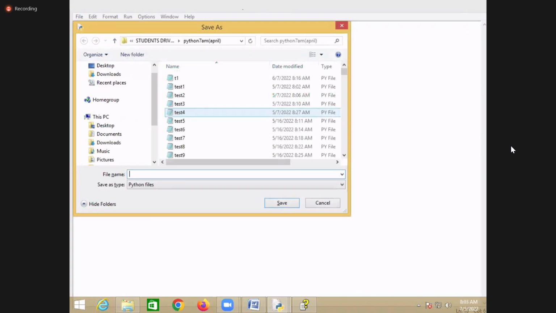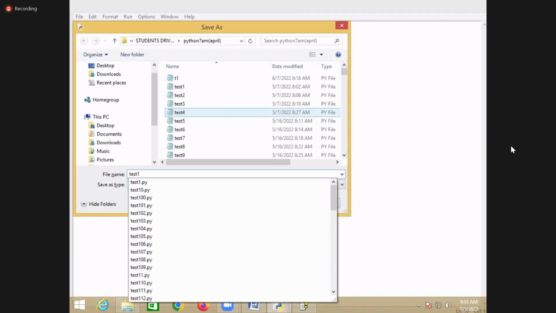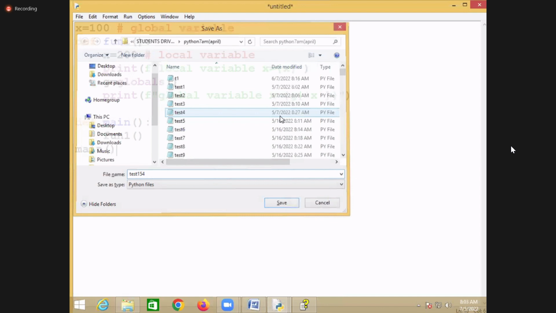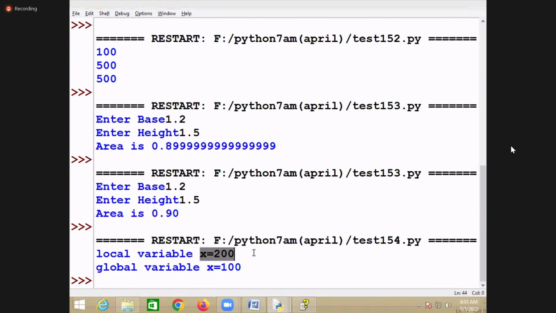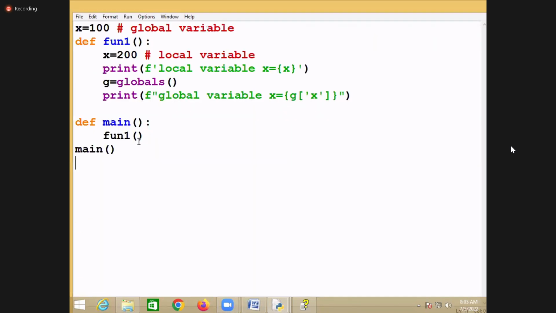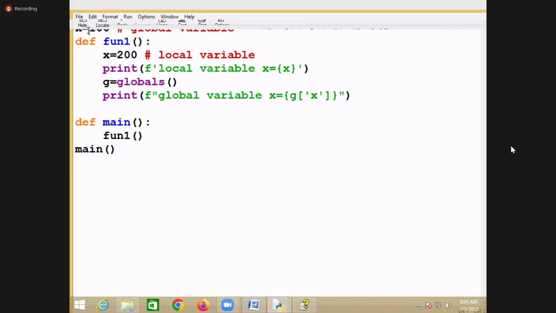Globals is a predefined function name, and that will return the dictionary. Now you can see the local variable x is 200 and the global variable x is 100. So in one function, when you declare local and global variables with the same name, the local variable name is